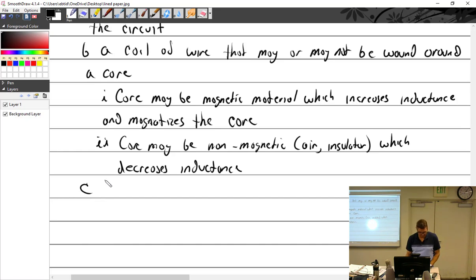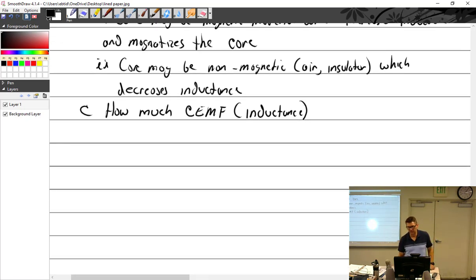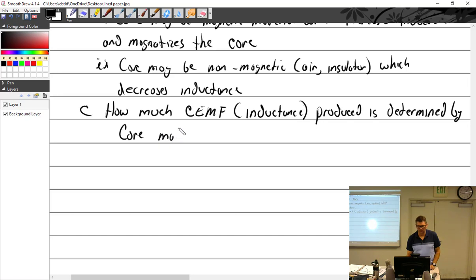So therefore, how much counter EMF, which is now called inductance for us, is produced is determined by the core material. So if it's an iron core, we're going to get more inductance or less? More. Okay. Core material, the core size,